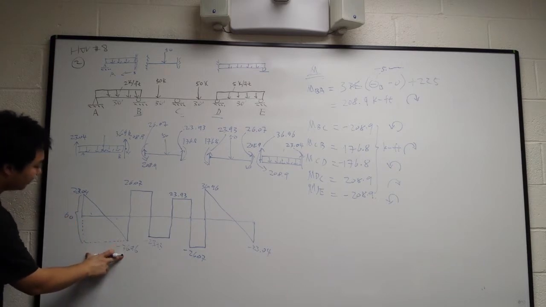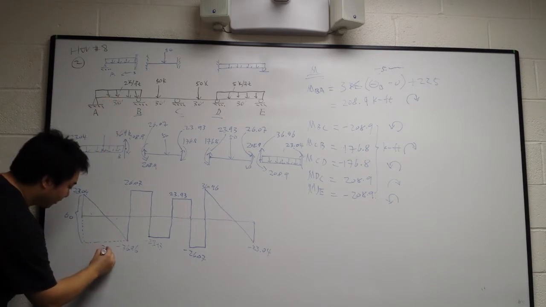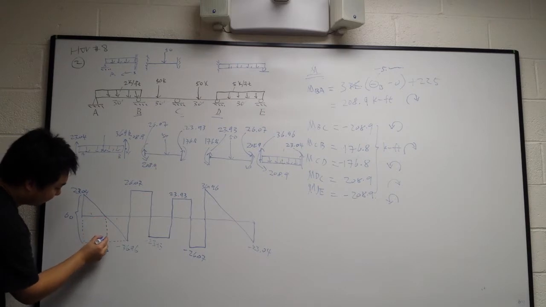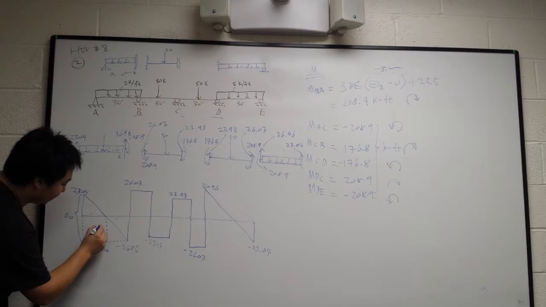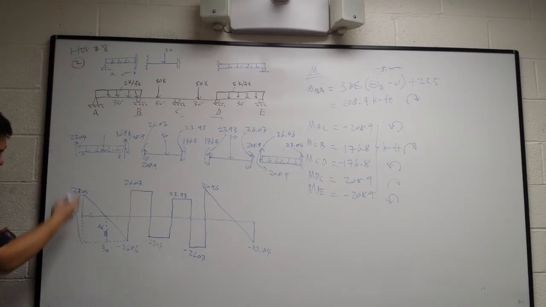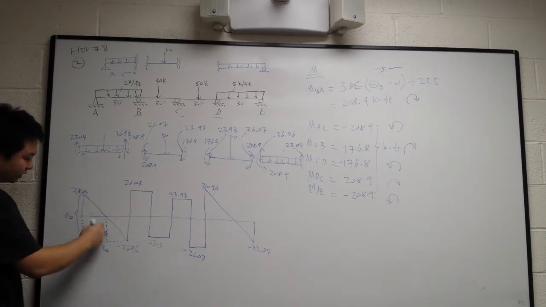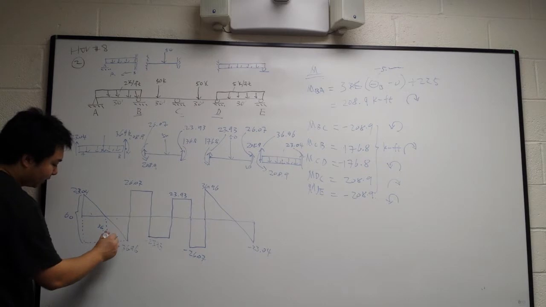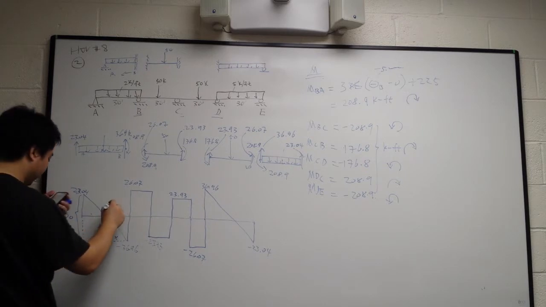And this distance is this, so it's 30. And you note at this height, you have negative 36.96. So this distance is 36.96. So you take 60 over 30 is equal to 36.96 over x. So you can find x. So you do that, your x should be